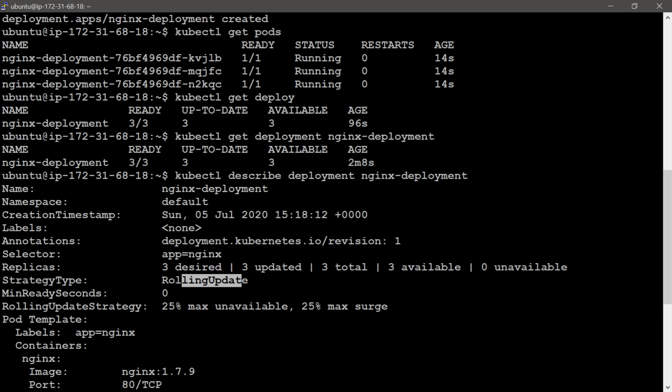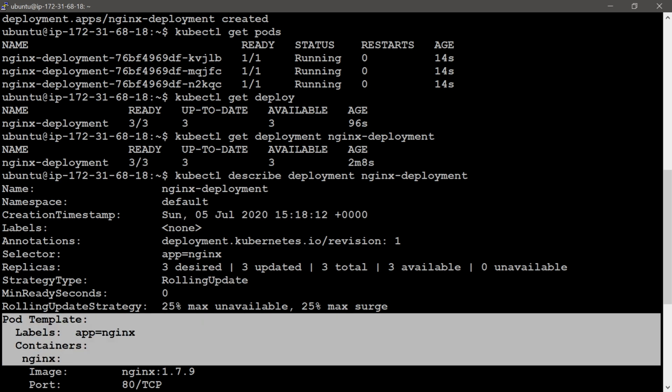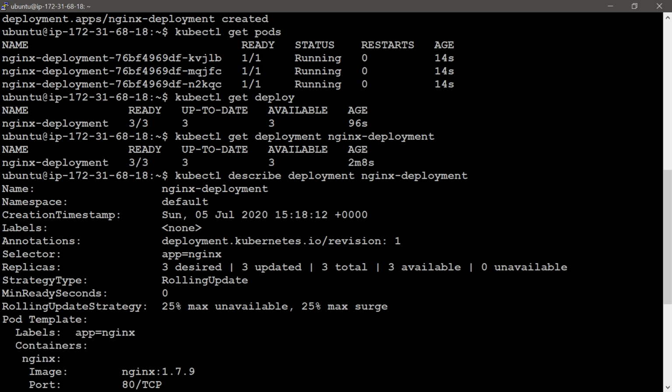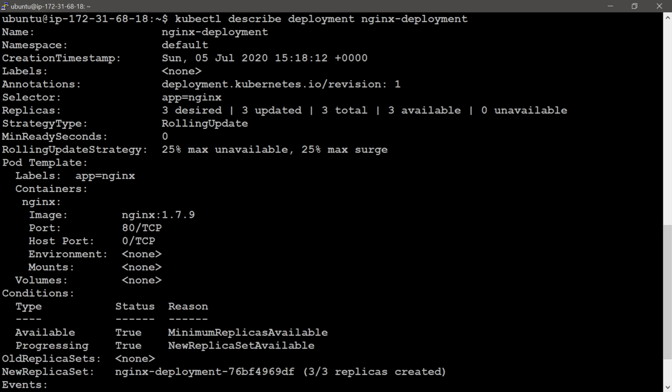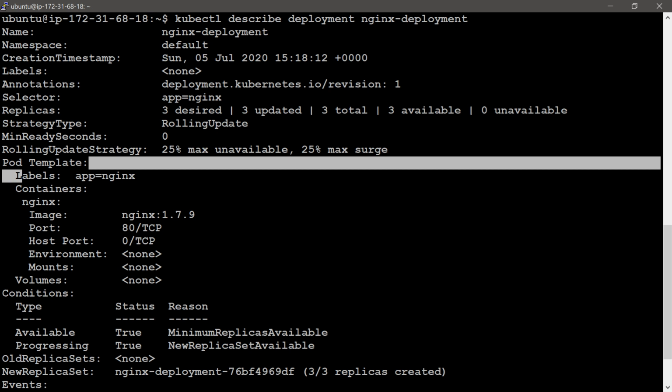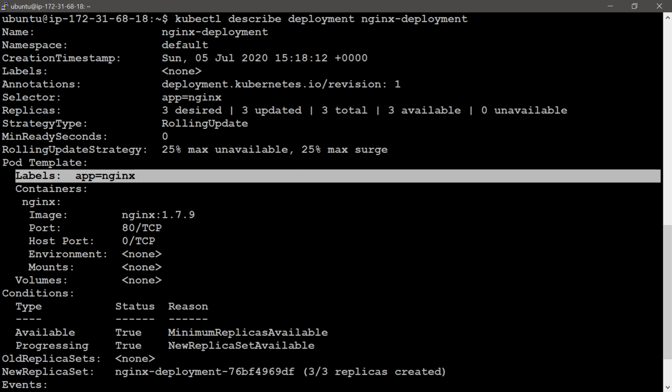Then other information, max surge, max unavailable. Pod template: in this pod template we can see labels. Why? Because we provided labels in the pod template only.